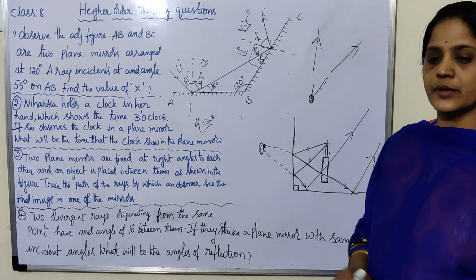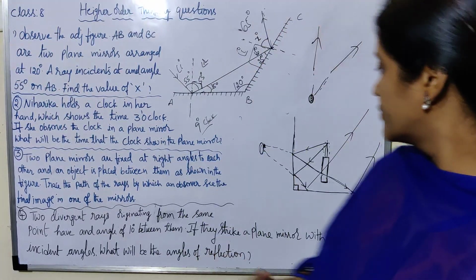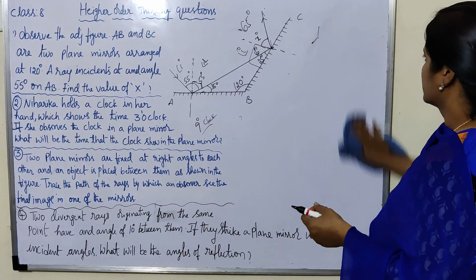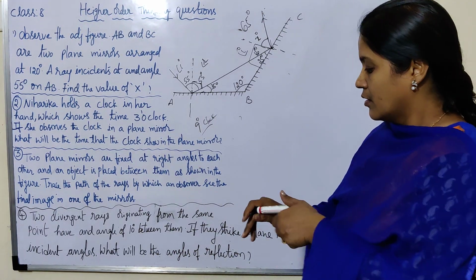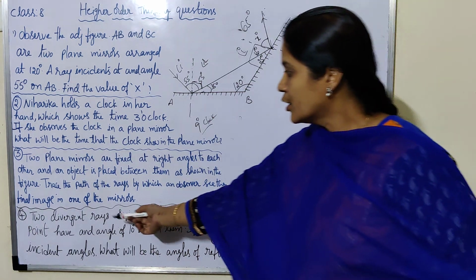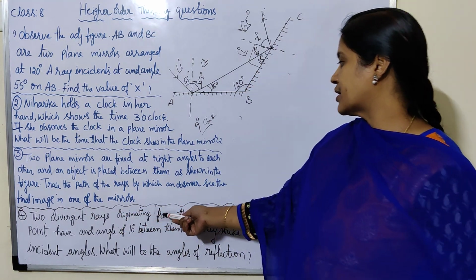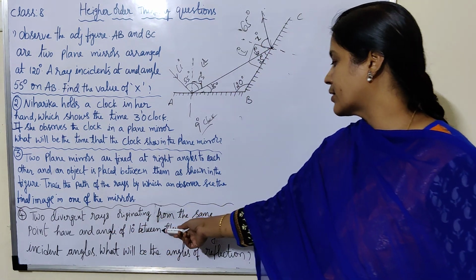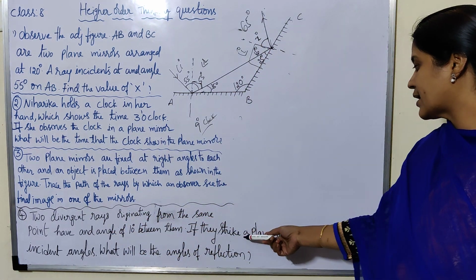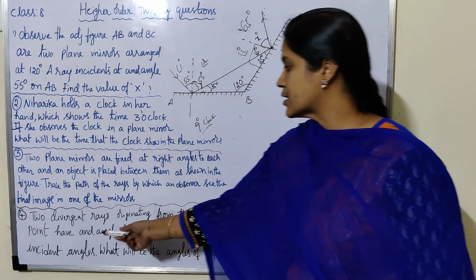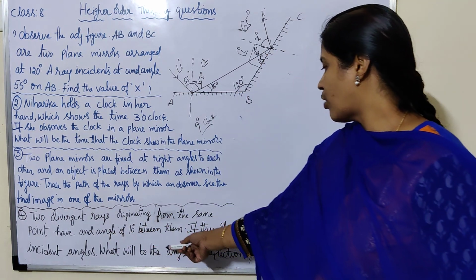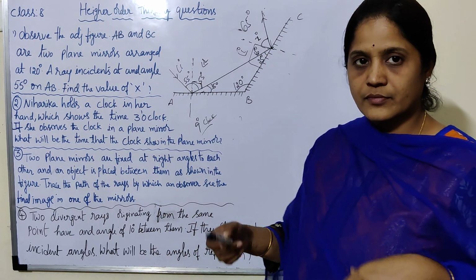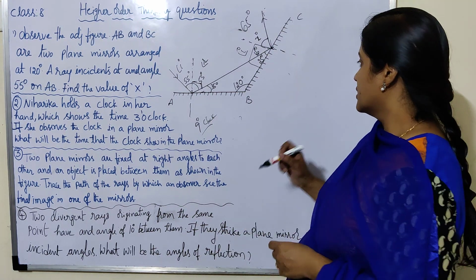Next, the last problem. Two divergent rays originating from the same point have an angle of 10 degrees between them. If they strike a plane mirror with the same incident angles, what will be the angles of reflection? This is also a little hard to understand. So once again,